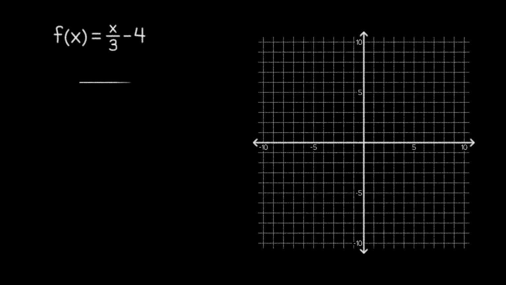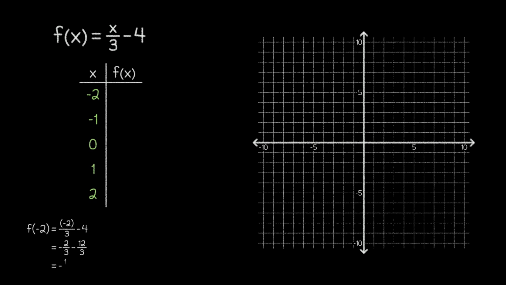Of all the example lines that we have graphed so far, one aspect of linear functions has been missing: division. So let's shift gears a bit and consider some linear functions that contain division, starting with f of x equals x divided by 3 minus 4. Up to this point, we've been choosing these 5 numbers as our inputs. So let's continue that trend and see how it goes.